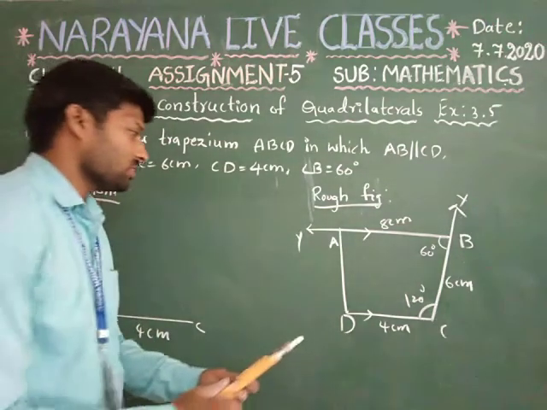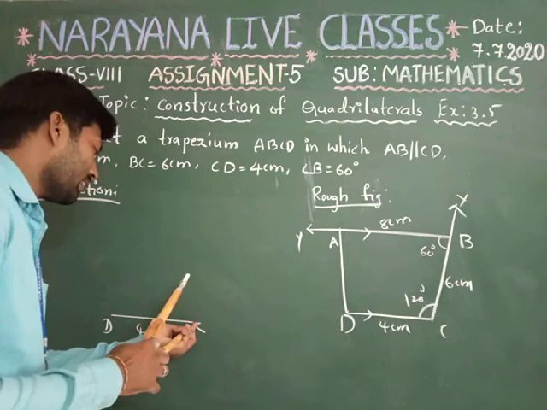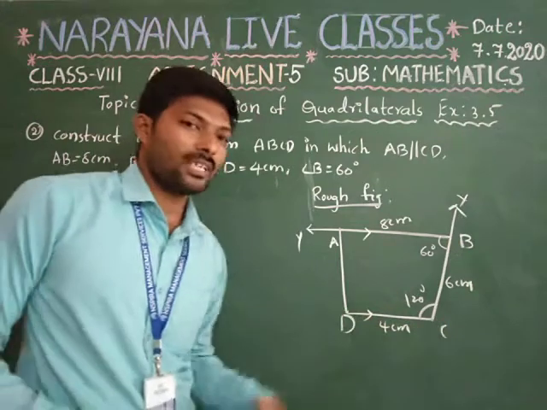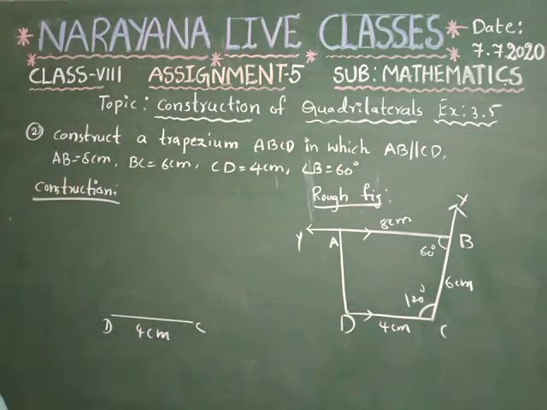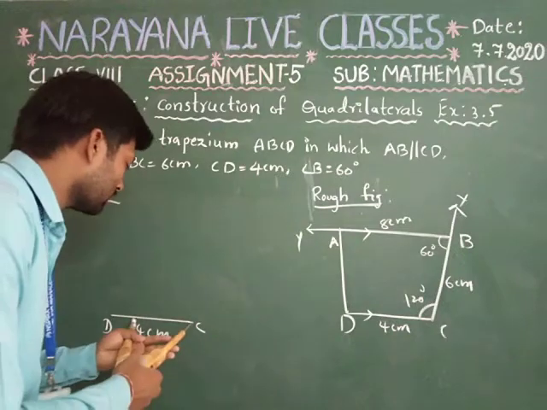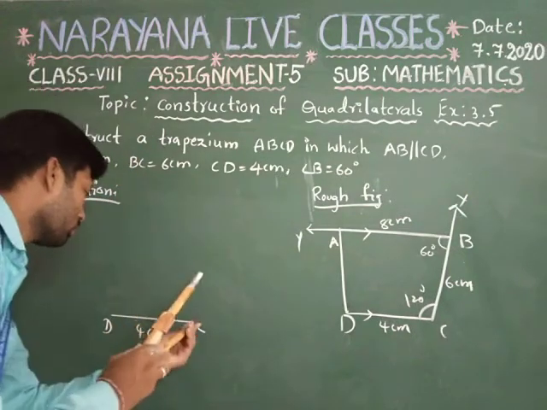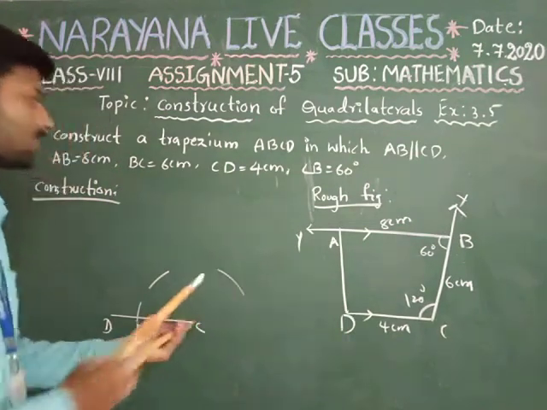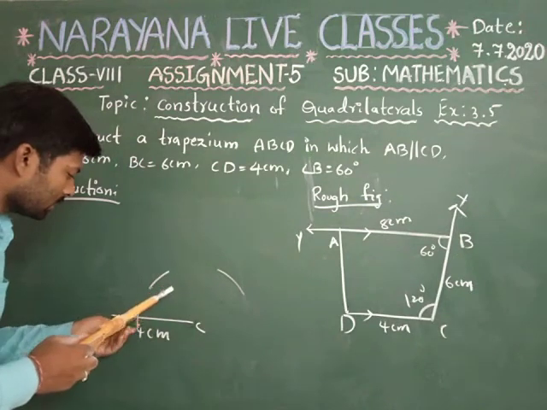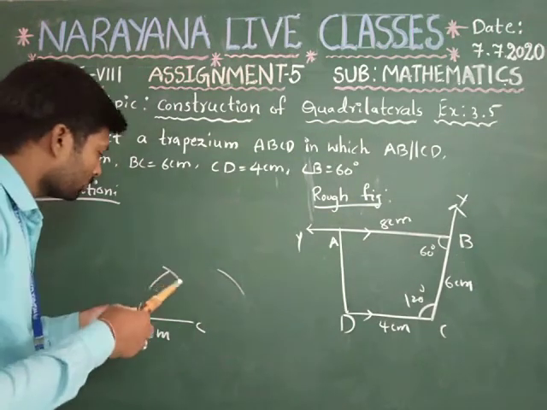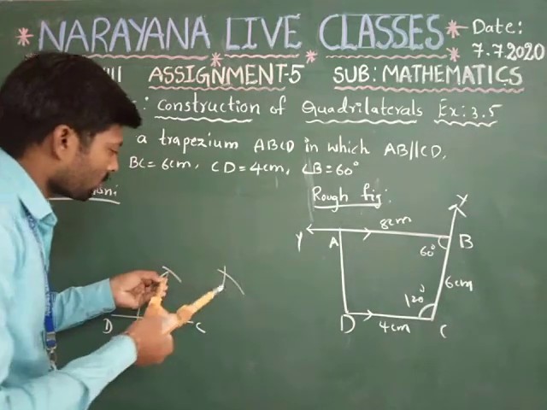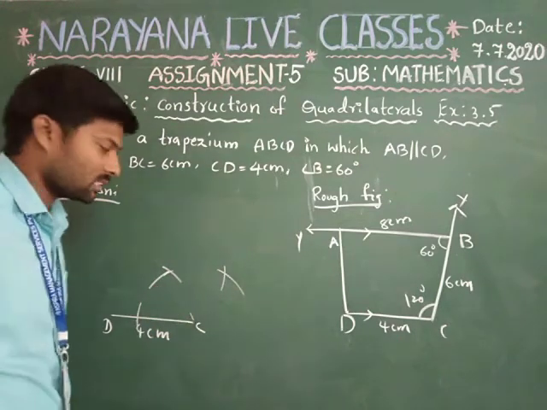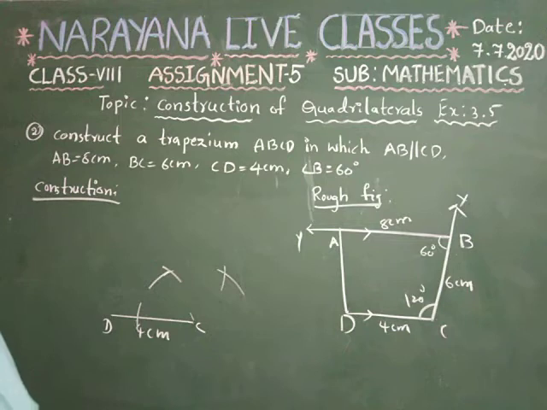Before that, first of all, we take point C as the center with radius more than half of the total length of 4 centimeters. We'll take 3 centimeters. Draw 3 arcs, 1, 2 and 3. Again, from this point as a center, draw one arc. Again, from this point as a center, draw one more arc. Now this construction is 60 degrees, and this construction is 120 degrees. Let's join these 2 points to form the 120 degrees angle.